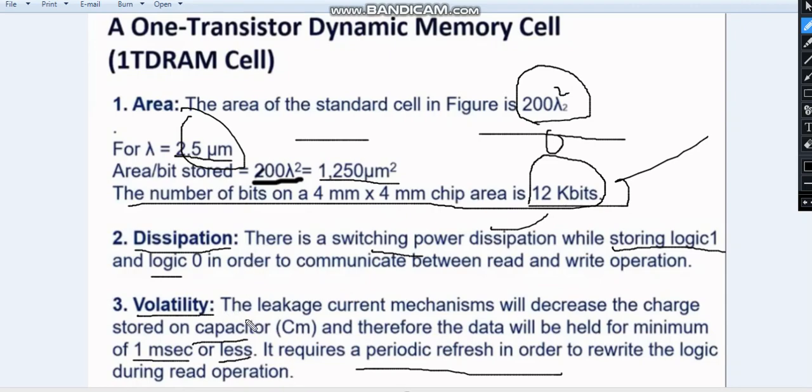Nothing but here the capacitance can store a bit hardly for 1 millisecond or less than that also. So every time it requires a refresh operation in order to maintain the data in the cell here. Okay, one transistor memory cell, so we have to go for a refresh operation here.